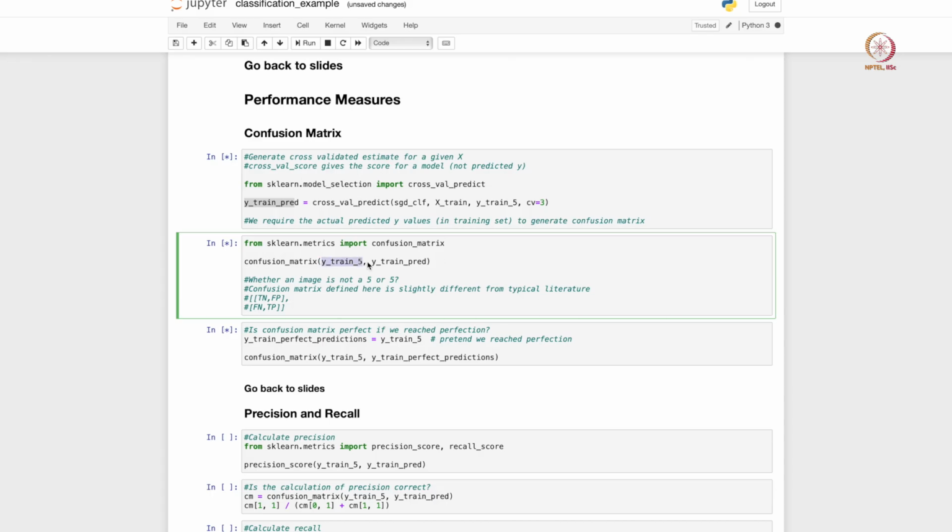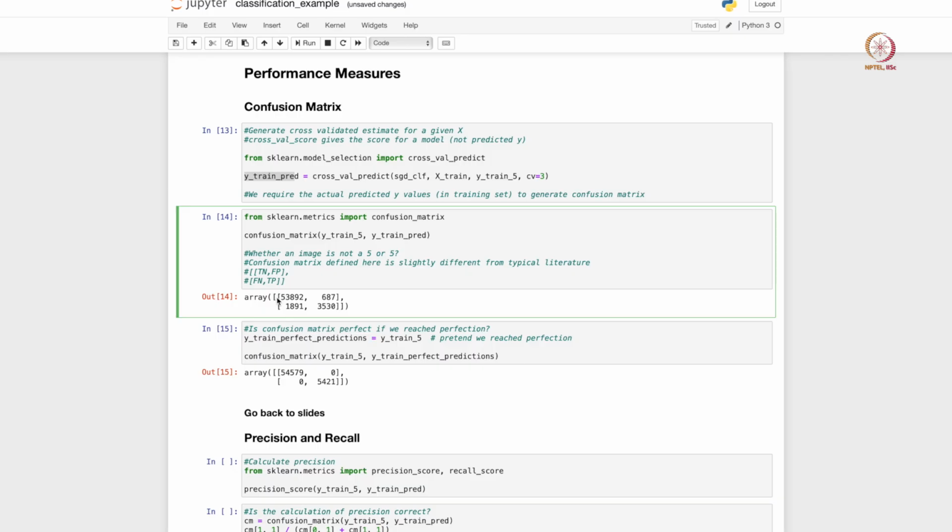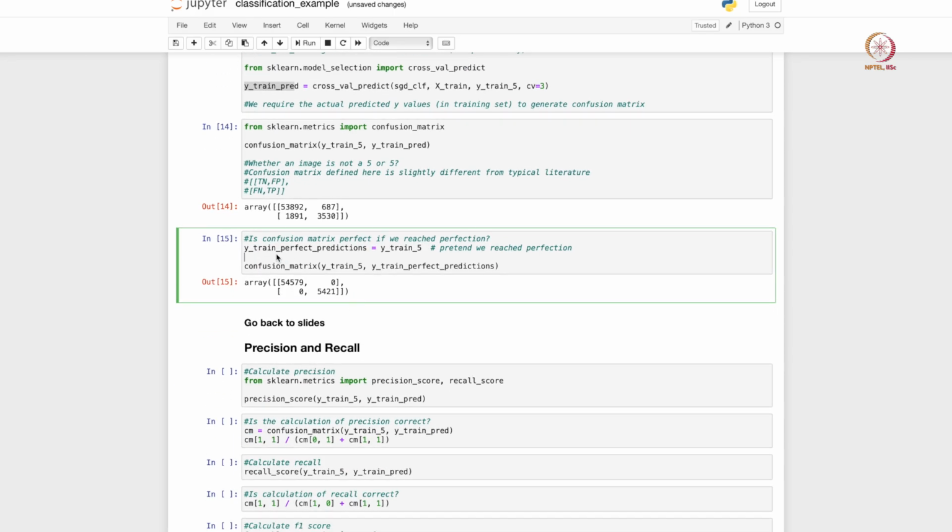The syntax of the confusion matrix is fairly straightforward. The first argument is your target values, and the second argument is your prediction values, right. And as you see, it gives you a nice array of numbers. The confusion matrix is once again the transpose of what you typically find in literature. The first value is your true negative, the second value is false positive, the third value is false negative, and the fourth value is true positive, right. So if you want to visualize this in the same way as what is found in popular literature, just create a transpose of this matrix, right.